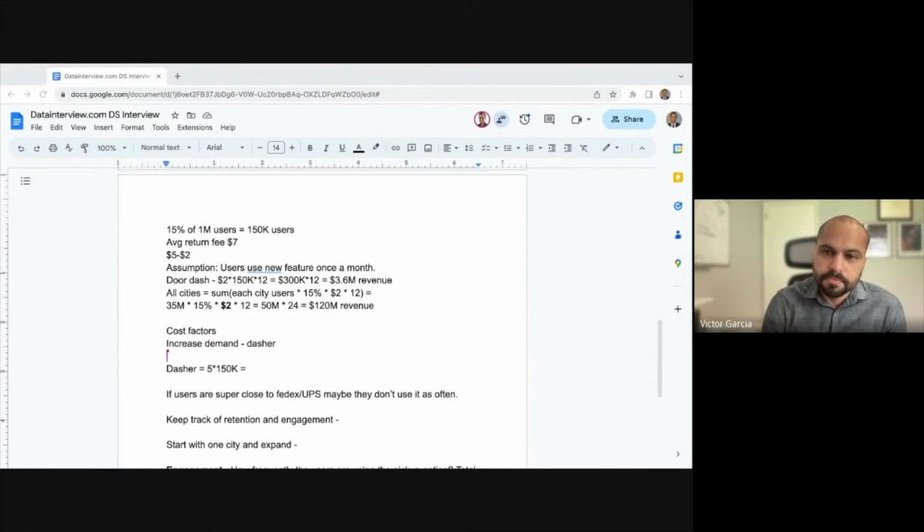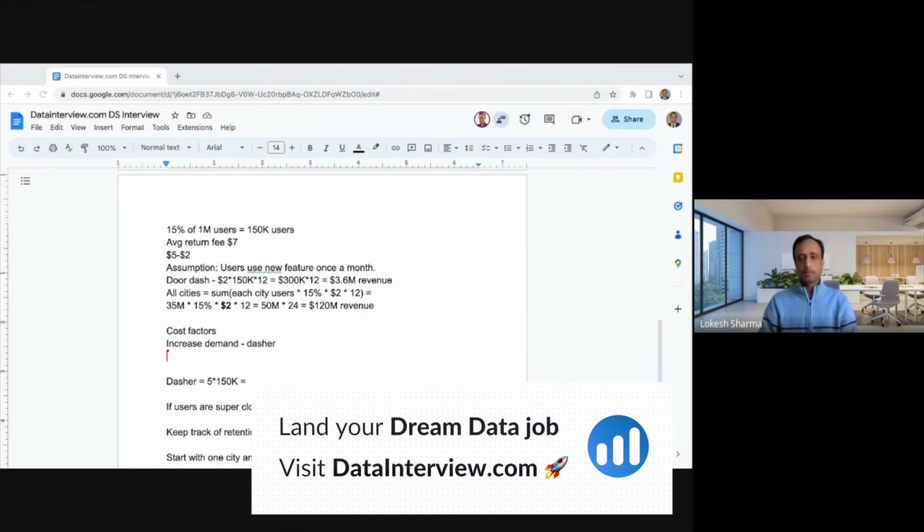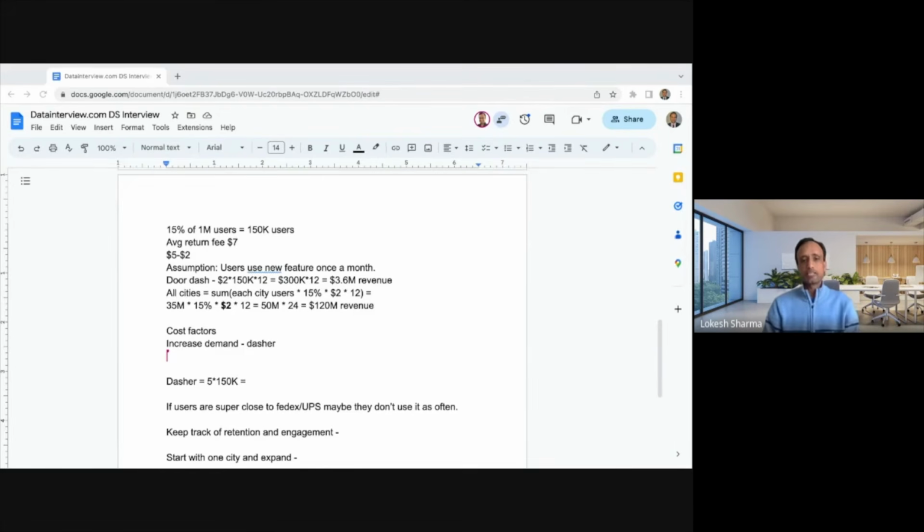The other, we can look at how we optimize the routing, because now if you're doing pickup, Dashers may be able to do pickup and drop off of the packages as well. So they pick up food, take it to the user, and they pick up the package as well. That way the revenue per user will increase, but at the same time, it's a more efficient routing algorithm as well.